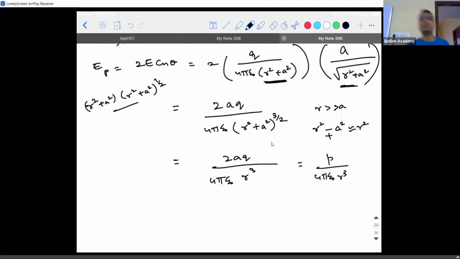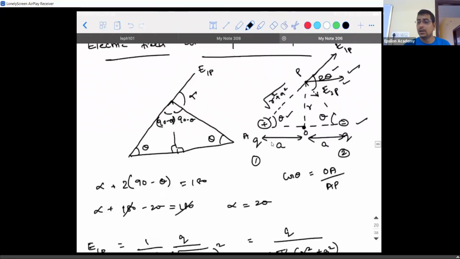Did we derive the magnitude or the vector quantity? Till now we concentrated only on the magnitude. Now my job is to write it in terms of vector. So I will write it as P vector divided by 4 pi epsilon naught R cube. As soon as I put a vector symbol on top of it, I need to go back to the diagram and observe. P cap in this case is in which direction? Right to left or left to right? This is the direction of P cap.